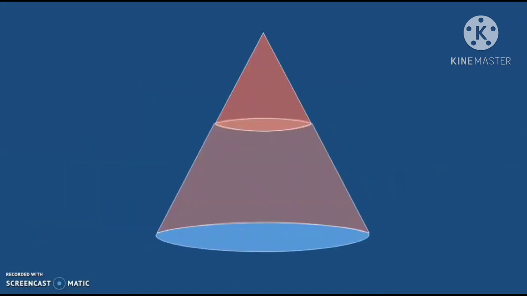Let's do one more example. Okay, so we want to get the surface area of this shape right here, but the problem is that if we just get the surface area of an entire cone, then we will have added this amount which should not be added, and we would not have added this part right here which should be added. So how would we do this?